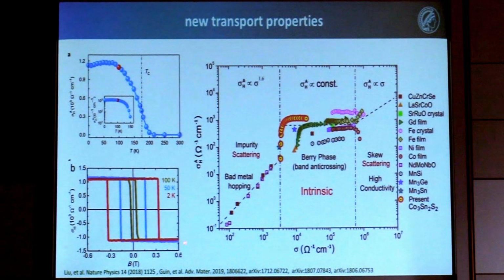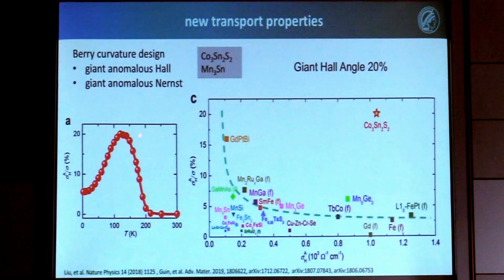And as I said, it shows a kind of hard magnetic behavior, so we have a nice hysteresis. And if we again see this in the context of extrinsic and intrinsic anomalous Hall effect and scattering, we see it belongs again to the intrinsic phase, so the justification of the Berry phase is fully valid, similar to the Heusler compound. Here we have even a Hall angle of 20%, so we are even closer to our quantum anomalous Hall effect, but it's below